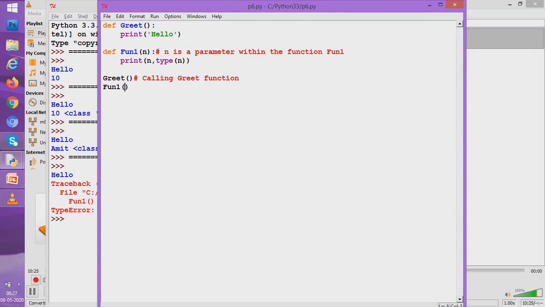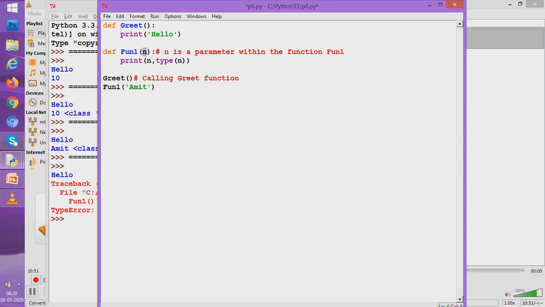So we gave a value here and value had to be given. Students, one more very important point to discuss here: there is another name given to this n. We talked of it as a parameter, but the full name of this n is formal parameter.